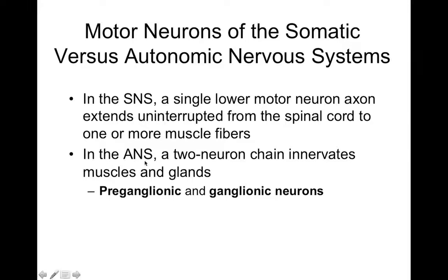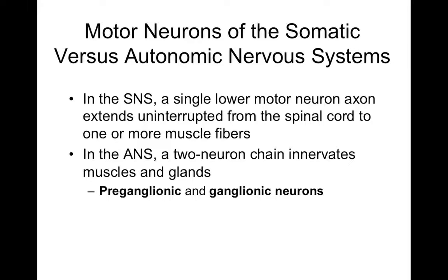Now this differs from the autonomic nervous system because you have at least a 2-neuron chain of events. You have a preganglionic neuron and a postganglionic neuron. The reason they're named this way is that a ganglia is a collection of neuron cell bodies in the peripheral nervous system, right? So if it's called a preganglionic neuron, this is before the ganglia, right? The preganglionic neuron here has its cell body in the lateral horns of the spinal cord or in nuclei within your brain. So some cranial nerves carry autonomic information, and many thoracic spinal nerves carry autonomic information.